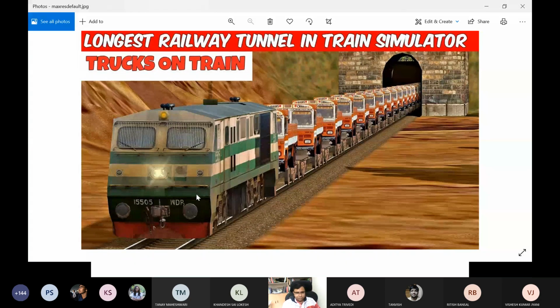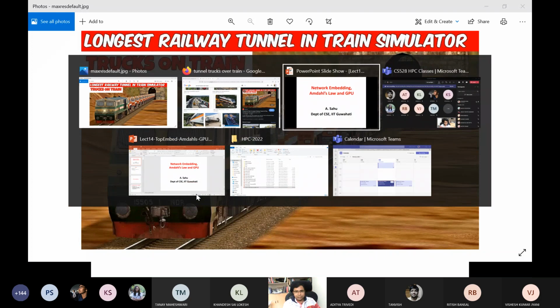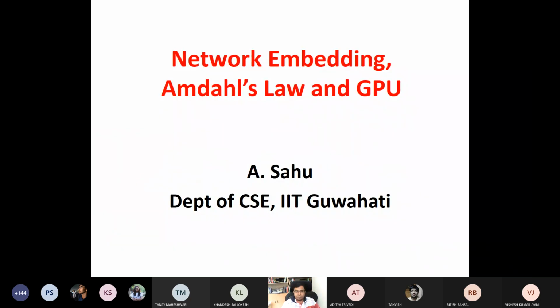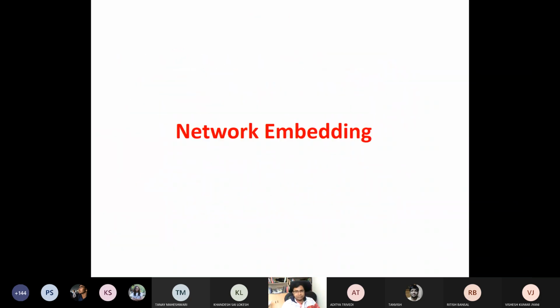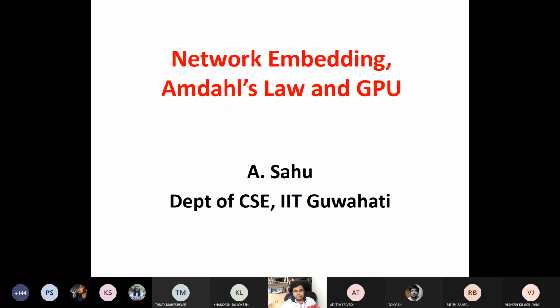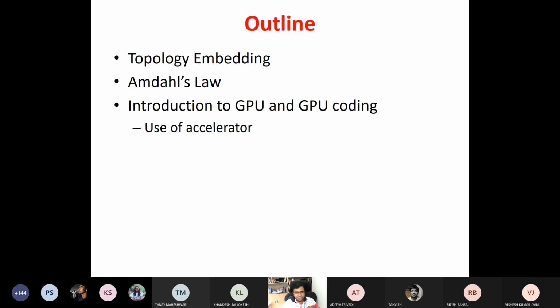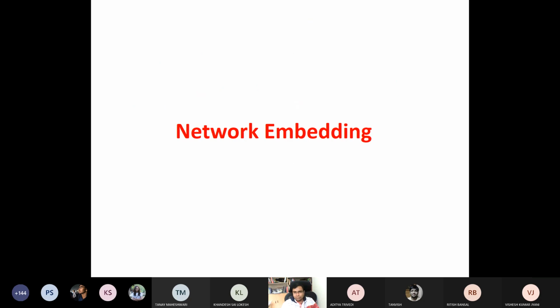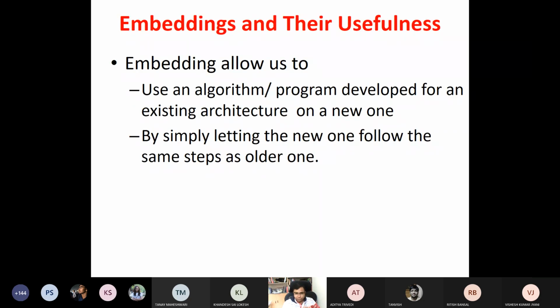So let's look at the examples. Today's class, we'll discuss network embedding, Amdahl's law, and GPU. These three things. What is network embedding, and what is its usefulness? First, embedding allows us to use an algorithm or program developed for an existing architecture, meaning network architecture or network topology,